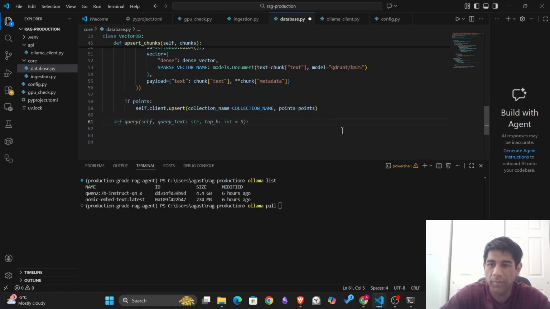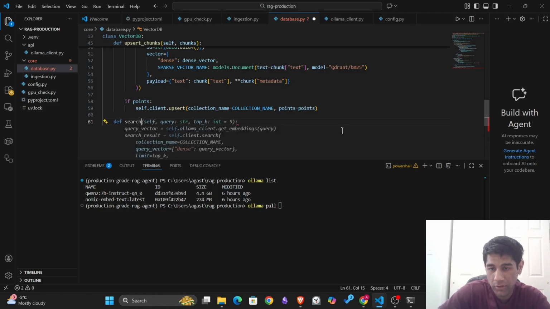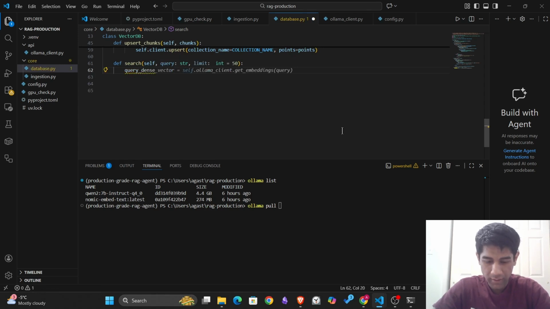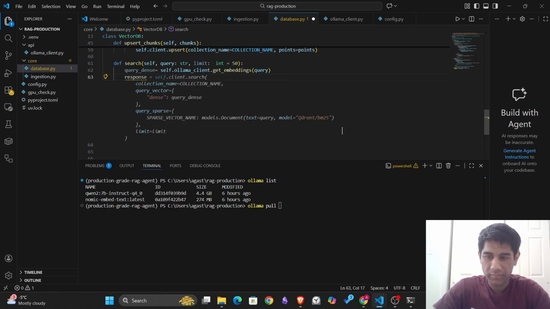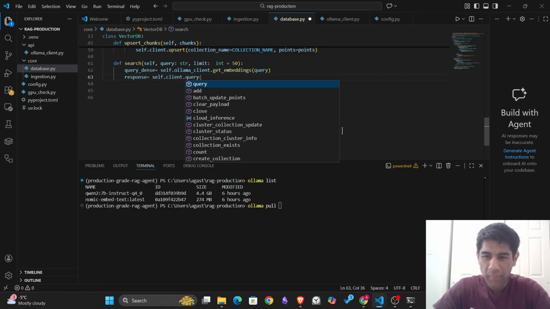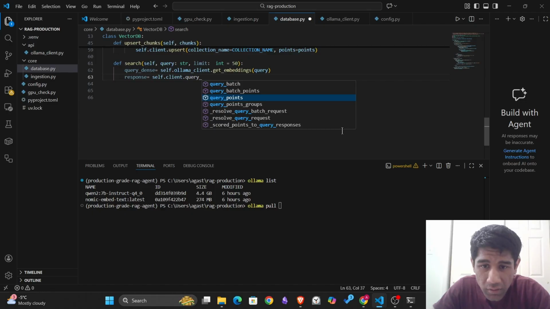Upsert is already a function. And now a search function in the database. We have a query, and then I would also enable a limit of 50 perhaps. And for the query also, we would have to get a dense embedding, and this, and then for searching, these are all the